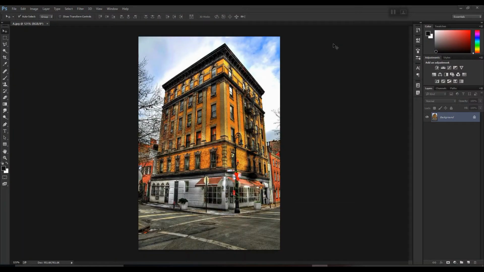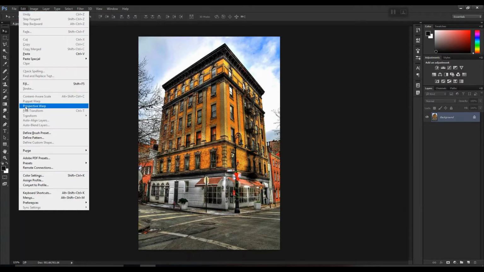So as you can see, this is the image which I have selected. You can take any image of a building. It can be a 2-point or a 3-point perspective. So what we're going to do is, for example, let's say we want to change the view of this particular side. So what we're going to do is go to Edit.